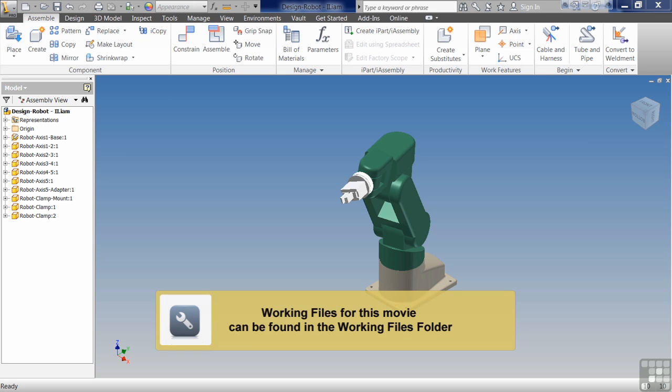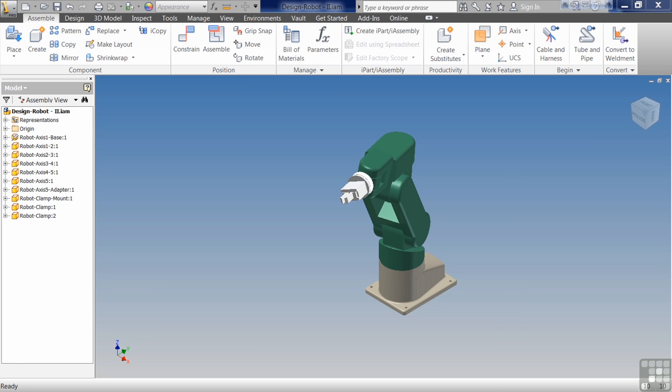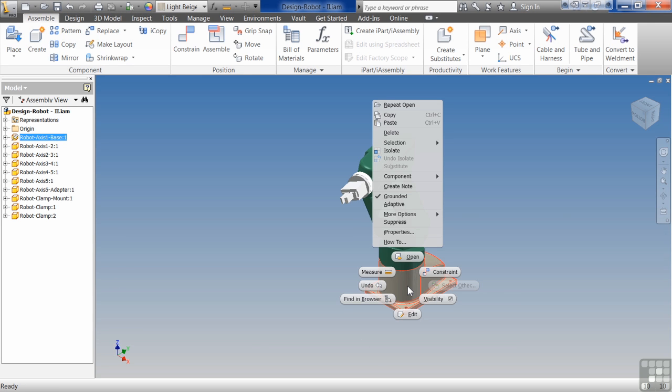In this exercise, we're going to discuss placing components in an assembly. In Inventor, the main reason you use an assembly file is the ability to interchange parts and use those parts in other assemblies. What this means in the simplest form is, if I come in here and I right click